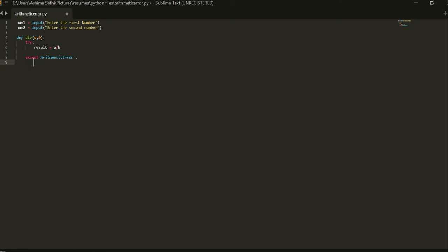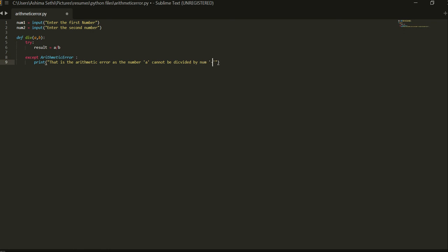Now we will print that this is the arithmetic error as the number a cannot be divided by number 0.